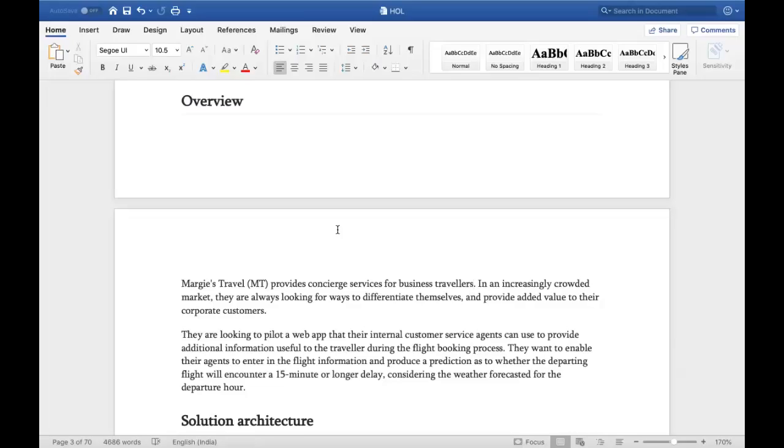So they want to see what options they have to reduce delays by finding out which flight is getting delayed by 15 minutes or more. For this, there are a lot of patterns, right?